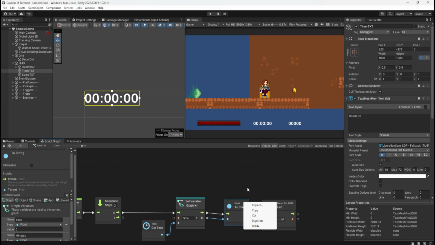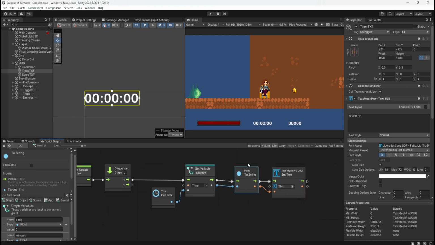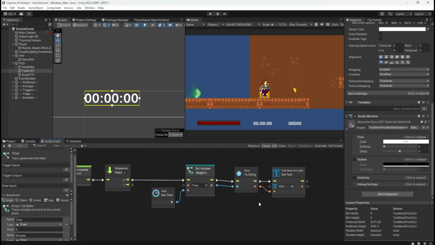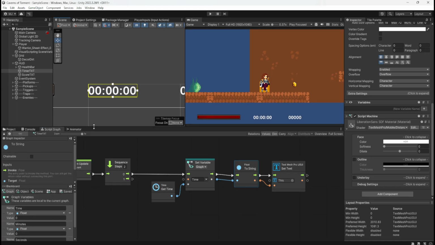What do you mean by inspect? Sorry, what? Is that an option where you can? What do you want me to inspect? Are you on about the inspector? Sorry. Left click it, then scroll down on the left. Oh, here on the top left. I don't even know what chainable means.